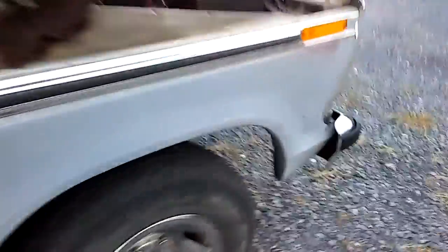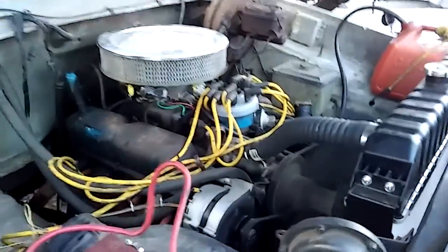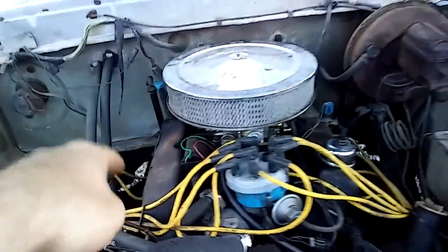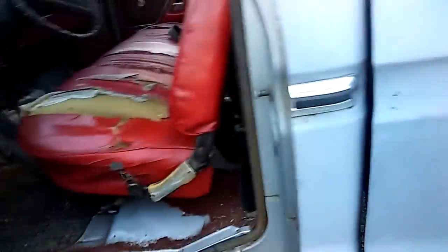But definitely getting there. The more I think about that, the more I'm wondering if it's a valve spring or something in there. I'm still trying to figure that out. I was looking at the gauges here,